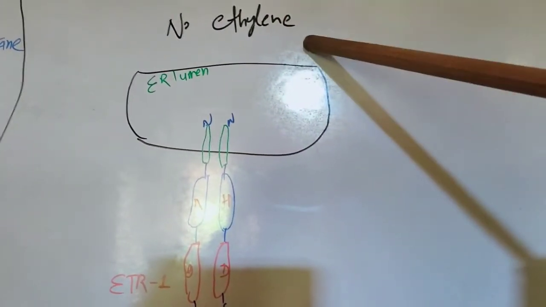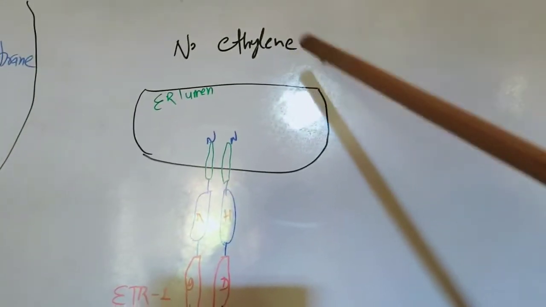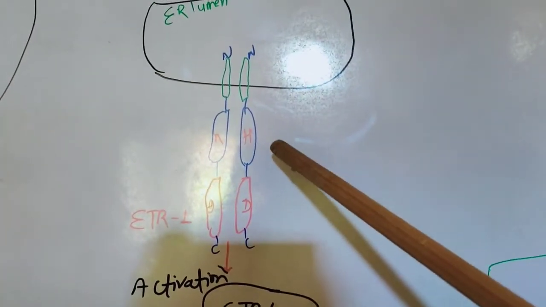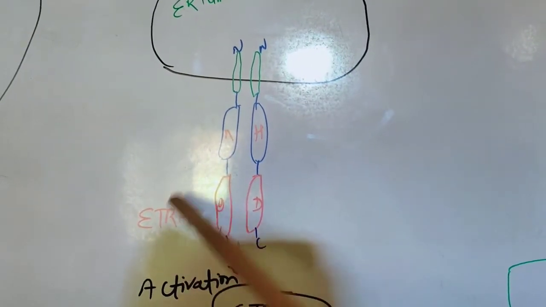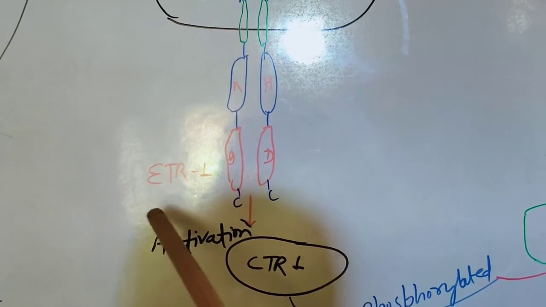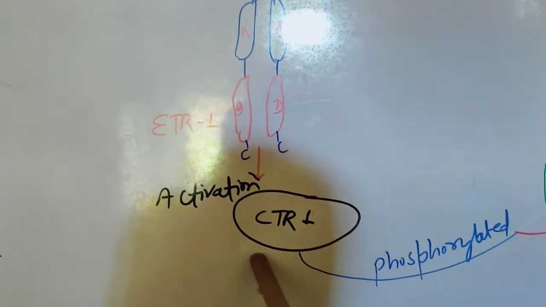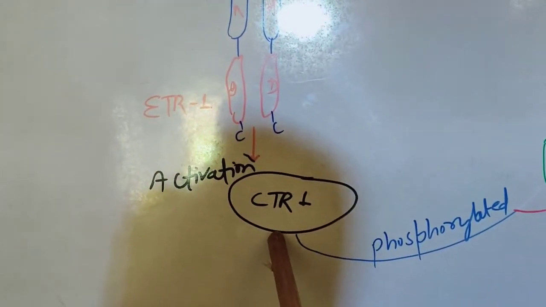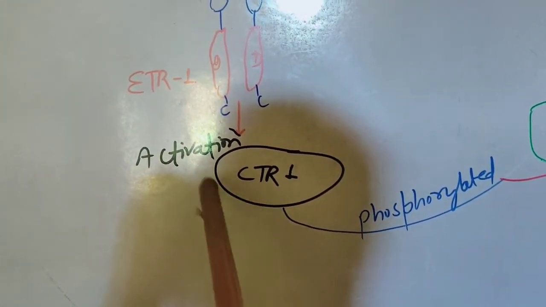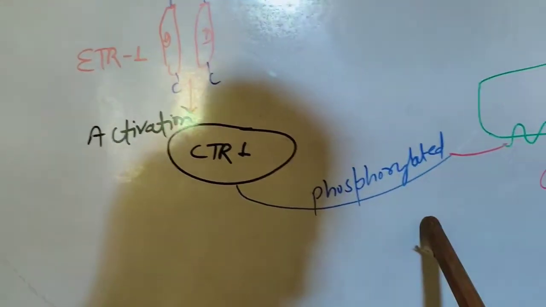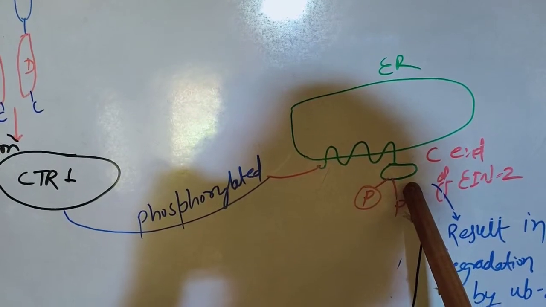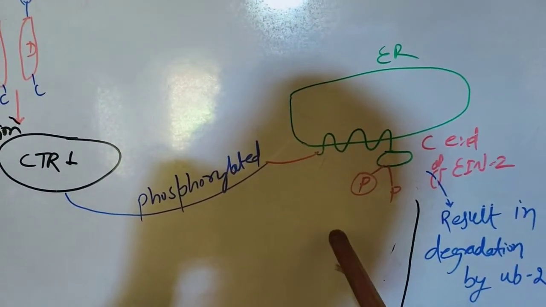Suppose ethylene is present. Then by the presence of the hormone, it will block your receptor, that is ETR1, and it will turn off this receptor. And if it is off, then it will not activate the kinase, constitutive triple response 1. And if it is blocked, then it could not phosphorylate the EIN2 protein. And if it is not phosphorylated, then